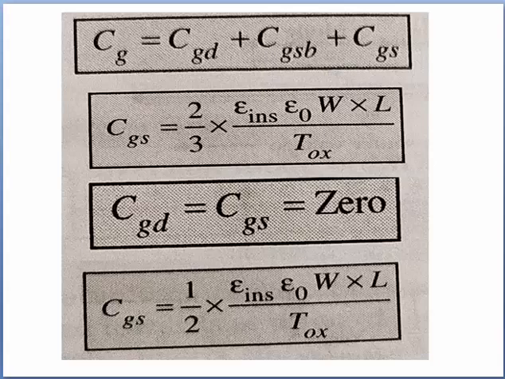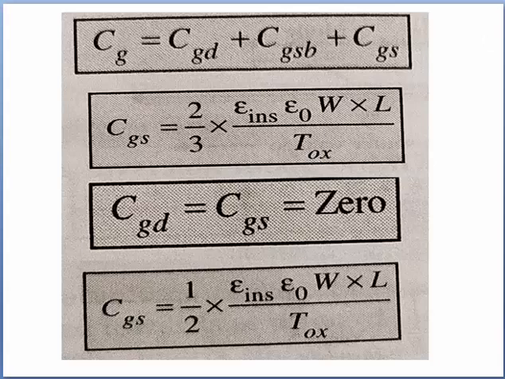So basically we observe the behavior of the capacitance of the gate in the following. In saturation mode, that is VGS minus VTH is less than VDS, the drain to source voltage, the channel is heavily inverted in this region. The channel in the drain region is pinched off, causing gate to drain capacitance to be 0. So the gate to source capacitance CGS is equal to 2/3 epsilon naught W L divided by TOX.